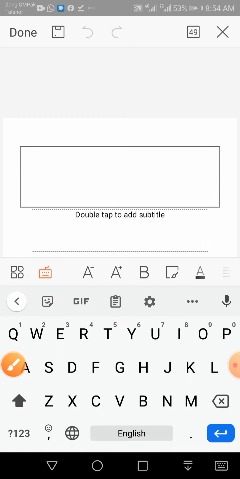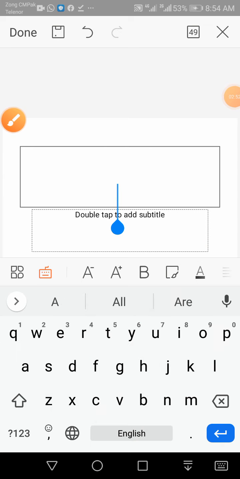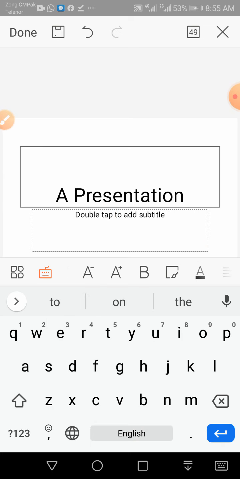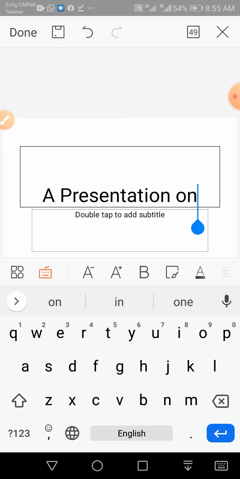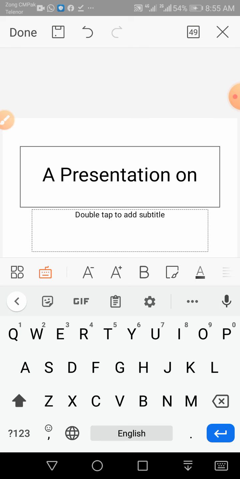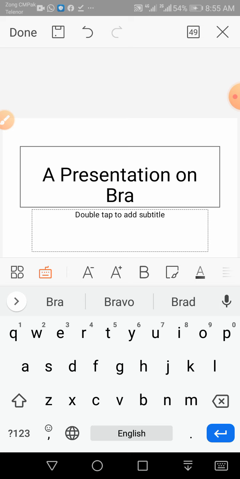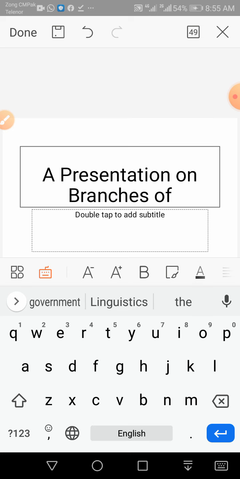Okay, this is the keyboard. I'm going to type a presentation on, space. Here is the cursor. Then let's say branches of linguistics.